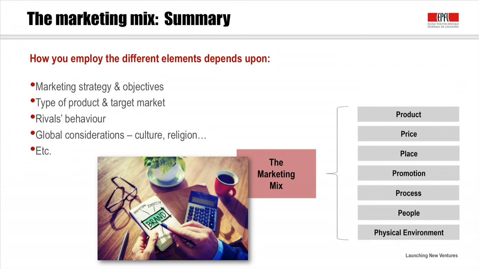So these are the 7 key elements of the marketing mix. It's a mix of elements. They should be implemented in an orchestrated fashion. What's important to consider is that, of course, it should be orchestrated with the marketing strategy, but it also depends upon rivals' behavior, global considerations, cultural issues, religion, etc. in some nations. So depending on who you are, these type of elements, as they are implementing the strategy, should breathe basically the norms and the institutional elements of your particular geography.